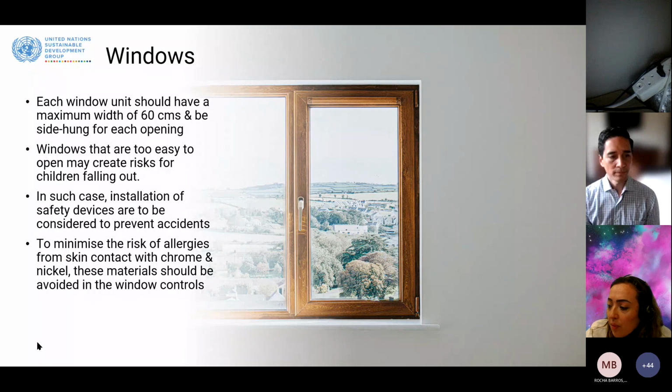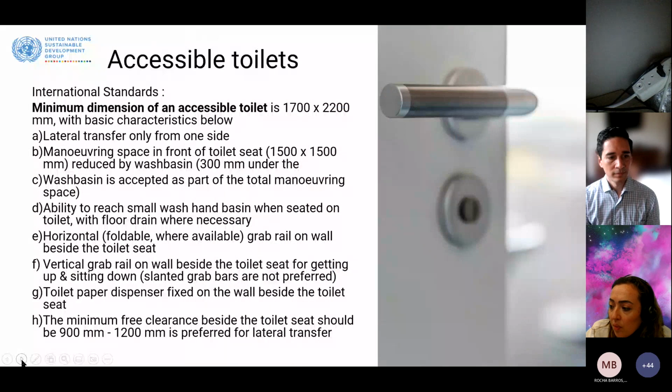A very important thing to keep in mind: never leave the doors of your offices ajar. Be sure to make the door open all the way and be in line with the wall so that it doesn't create a hazard or accidents for persons with visual impairments. If the door has an archway or a wall behind it and it cannot open all the way, just remove the door if you can.